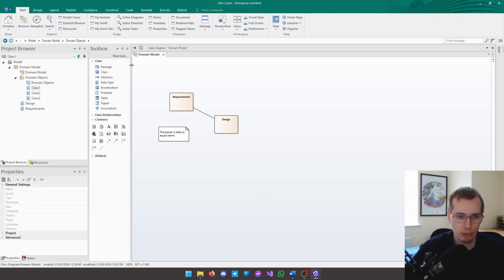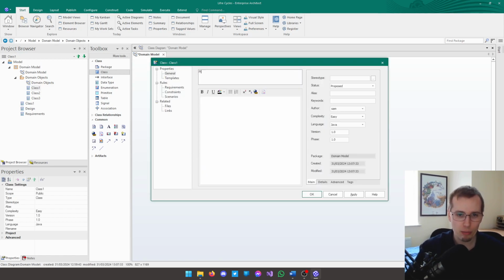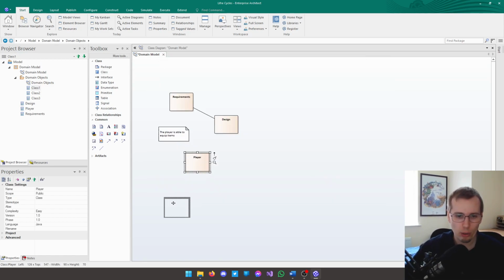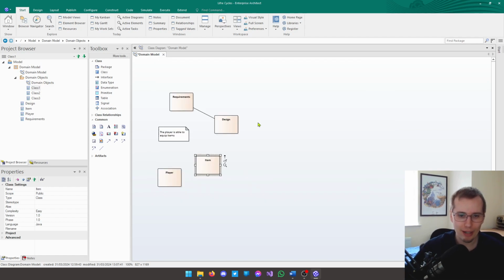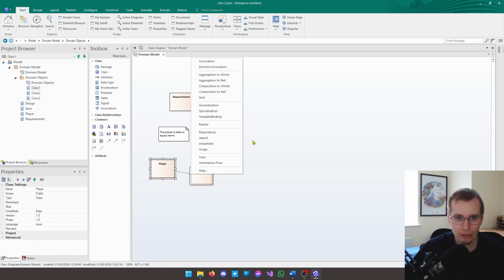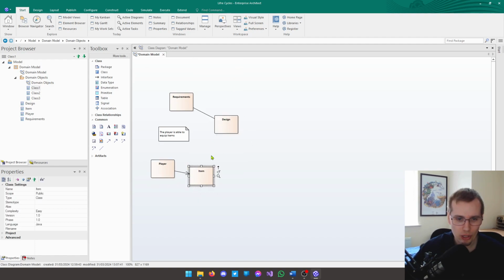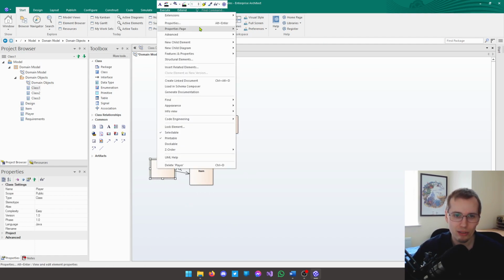Then you would probably end up with, there's a player, an object or a class of player. And then there's an object of item. And the player has the ability to equip the item. So this would have an association to item, and the player,